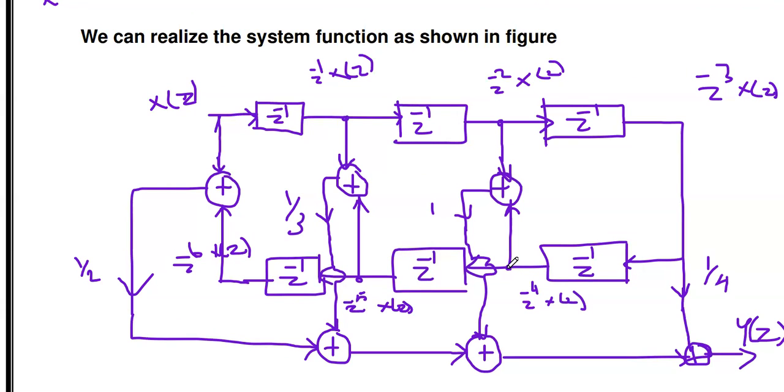Okay, if the same function is implemented in direct form realization or cascade form realization, the number of multipliers used is 7. But in this linear phase realization, it is reduced to half. Okay, it is only 4. But the number of adders remains the same, the number of delay elements remains the same, there is no change. Only the number of multipliers is reduced by half. Okay, so this is the linear phase realization.